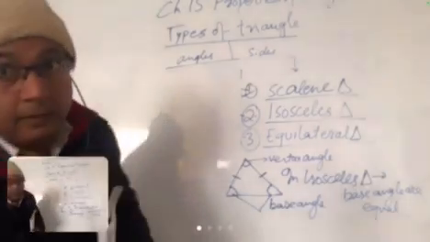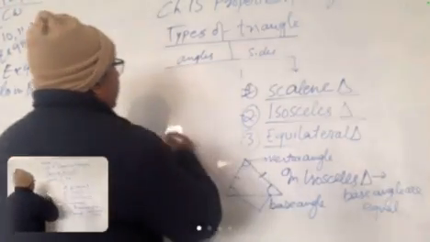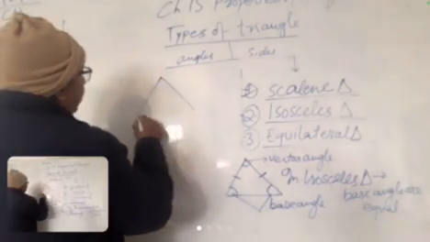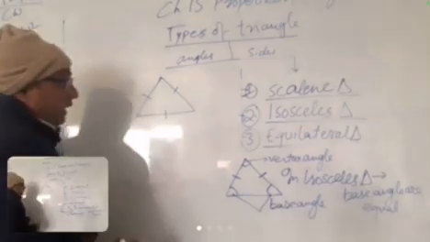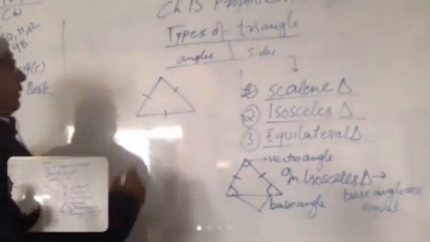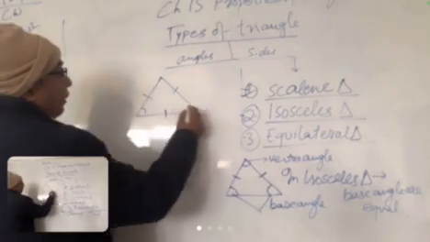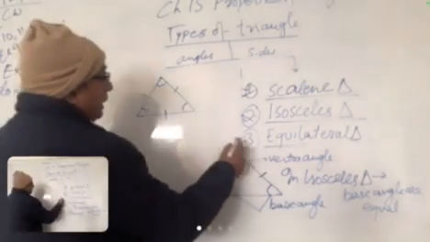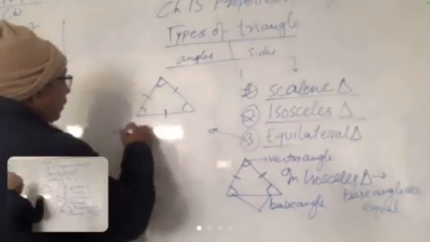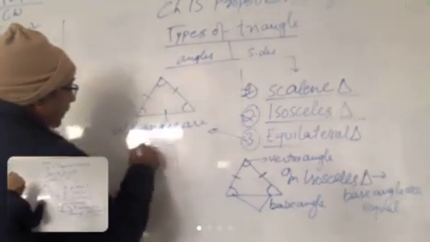Copied? Now, the third is the equilateral triangle. If the triangle is an equilateral triangle, all three sides are equal, then all angles are equal also. In an equilateral triangle, all angles are equal